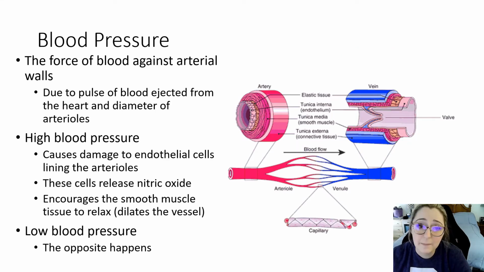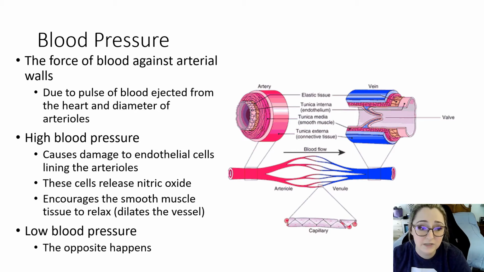So a little bit about blood pressure. As I said before, your arteries and arterioles are going to determine your blood pressure. Blood pressure is classified as the force of blood against the arterial walls. This is due to the pulse of blood ejected from the heart and is determined by the diameter of your arterioles. High blood pressure causes damage to endothelial cells